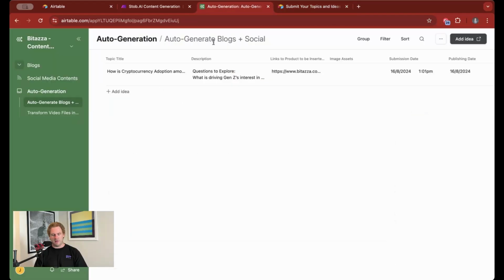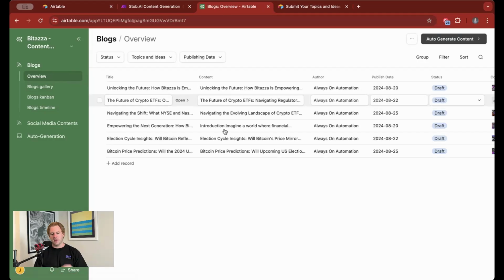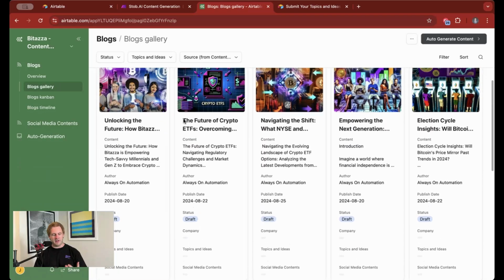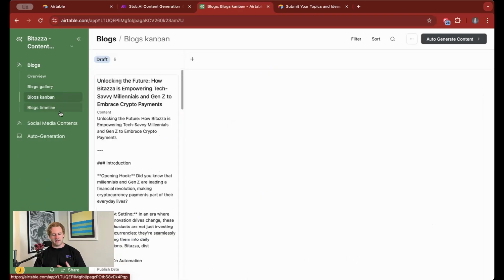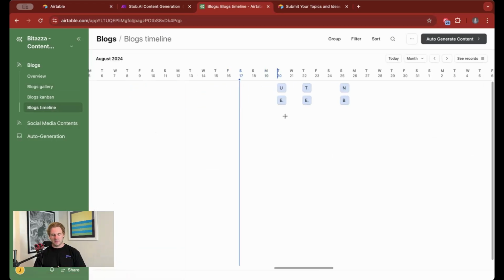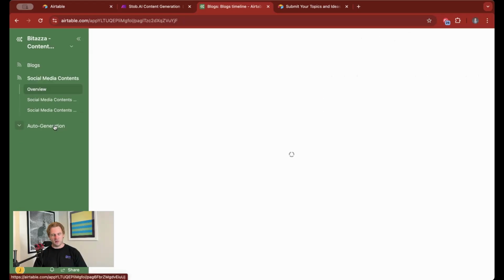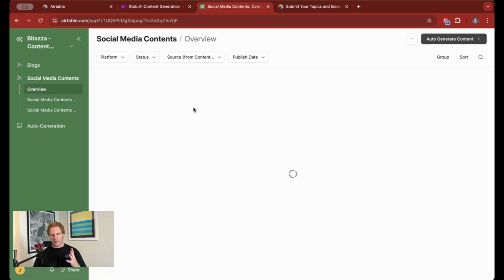You can fill it out and it will take the content from here and auto produce a blog of your choosing. The blogs will also be displayed in different ways, like a gallery format, as well as various formats such as Kanban and timeline formats. So if we wanted to, we can drag and we can drop the content. We can even change it and edit it in here, as well as social media functionality, where we basically have